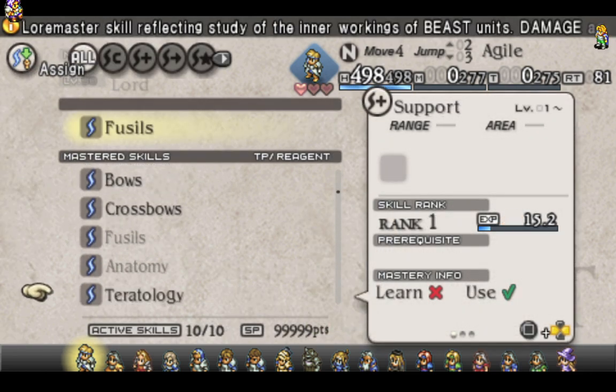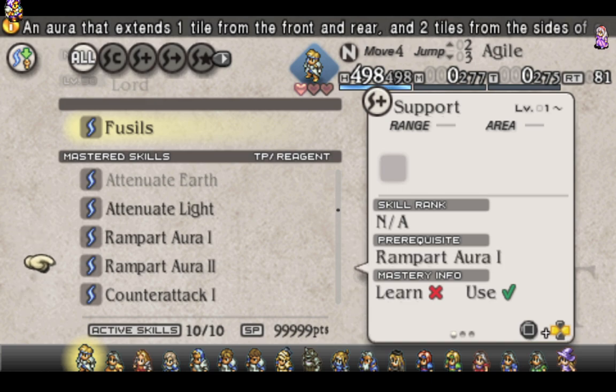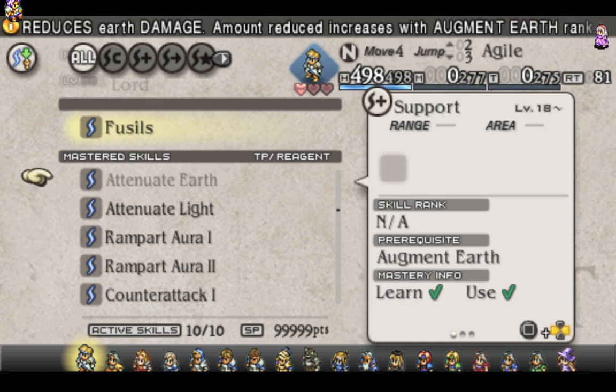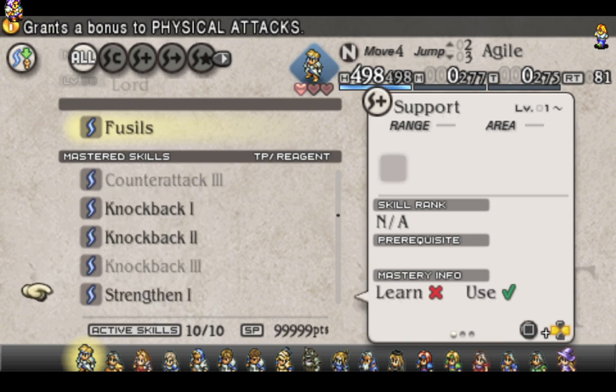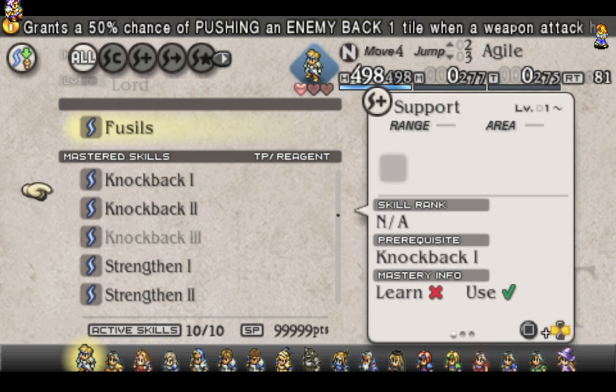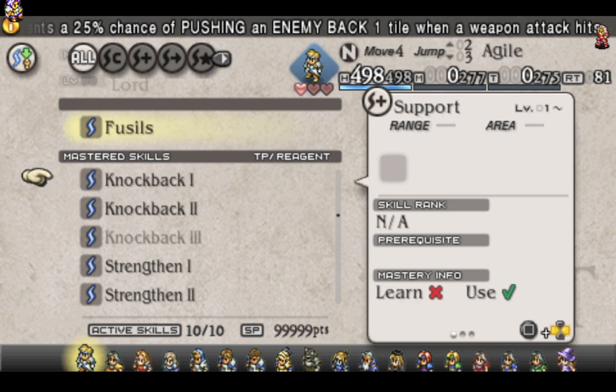Okay. Anyway, next up, let's go ahead and go into, let's see, Rampant Aura is still there. The Attenuates, again, are just built into personal element at this point. Counterattack just became a function of weapons. Knockback just became built into every character. It's basically the equivalent of Knockback 1, I believe, or it might be tied to luck as a separate